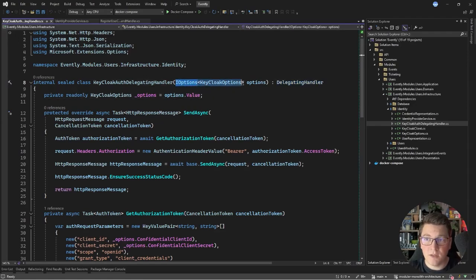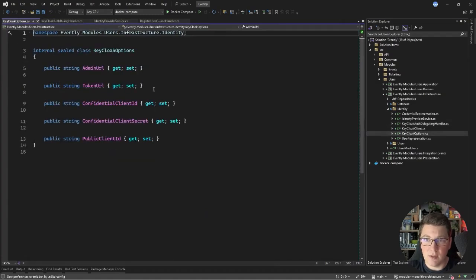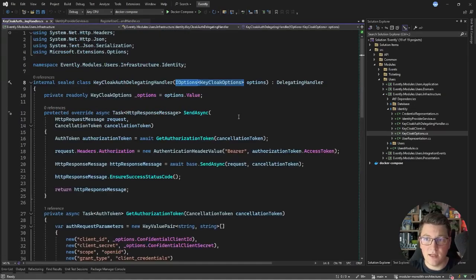I'm injecting an IOptions instance containing my Keycloak options. So let me show you what we have inside. We have a URL pointing to the base address of the Keycloak admin RESTful API. Then we have a URL to obtain an access token, the confidential client ID and confidential client secret, which we obtain from our Keycloak realm configuration. And there is also the public client ID, which is going to be useful when we are implementing our functional tests later in the course. Now, if I go back to the delegating handler,